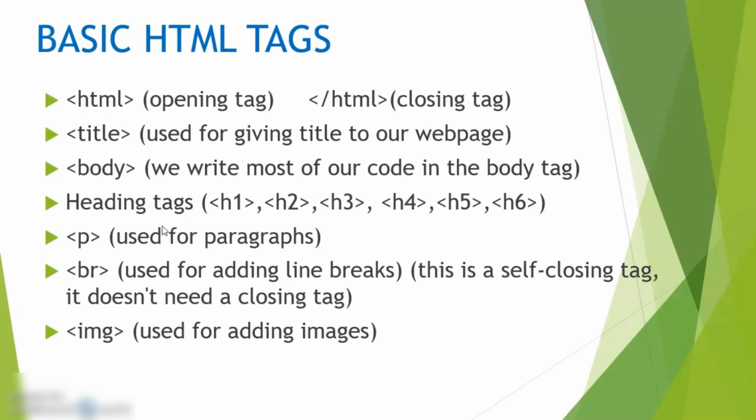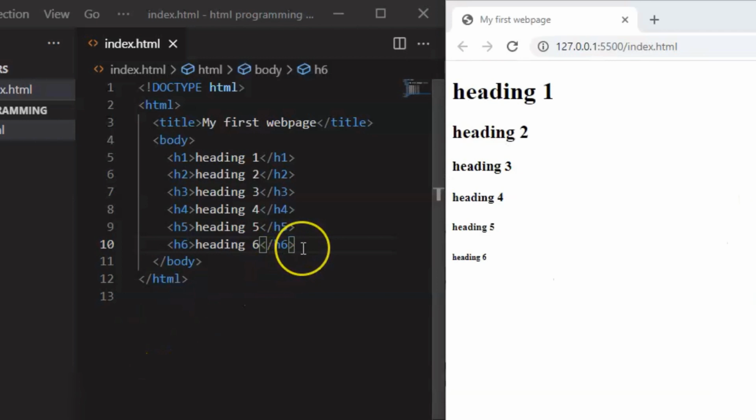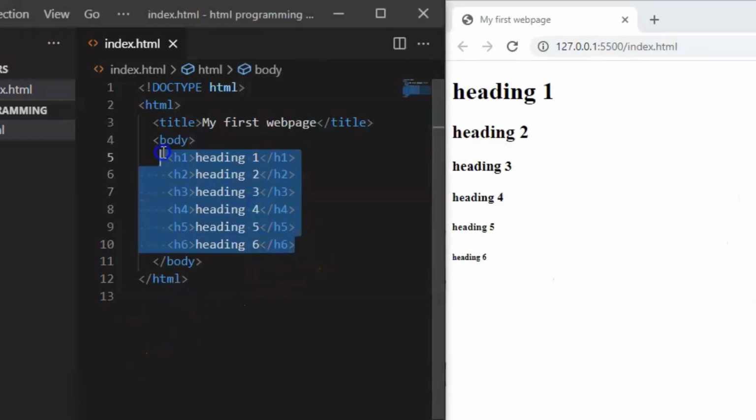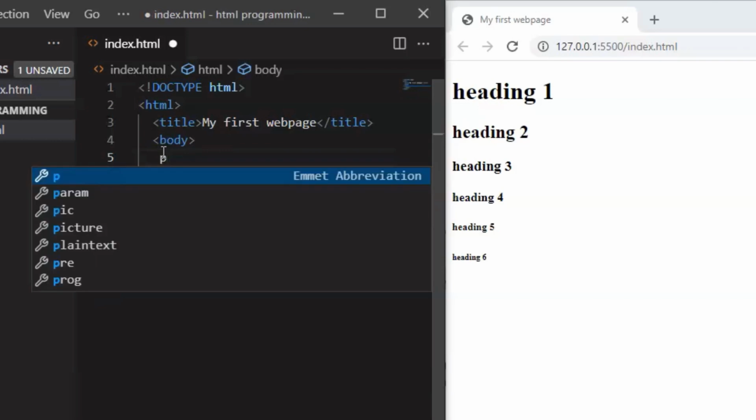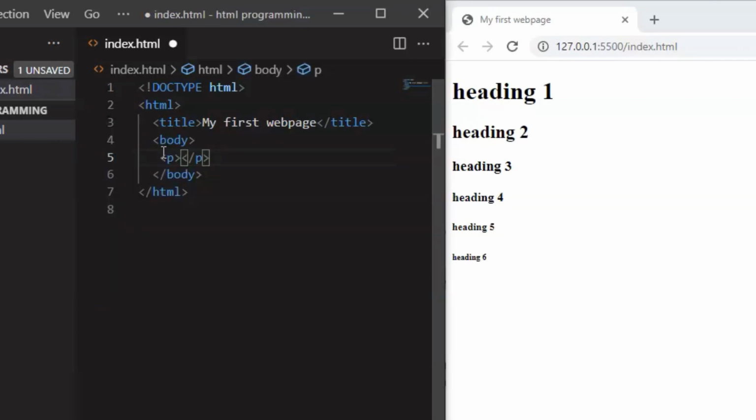Now the next basic tag is the paragraph tag. Now the paragraph tag is used for making paragraphs. Now let's see that in Visual Studio Code. Alright, so now in Visual Studio Code, I'm just going to delete all of these headings and I'm going to type P. Now P is for paragraph tag, and inside these tags, if you want to generate some dummy text, you can just type like